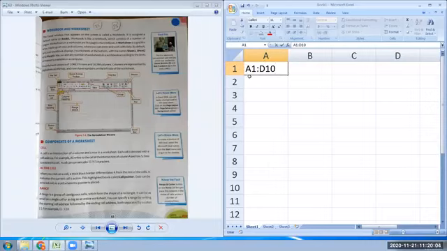This A1 is the address of the first cell, and D10 is the address of the last cell which has been selected by you. So whenever there is a colon in between the address of two cells, it is called a range. It forms a range basically. And this range tells you that you have selected the cells from A1 to D10, okay.